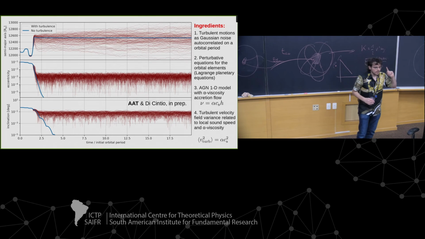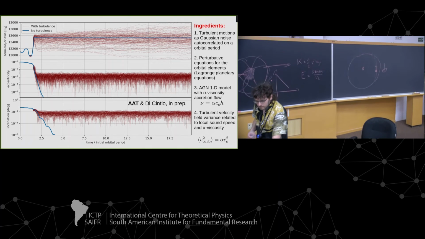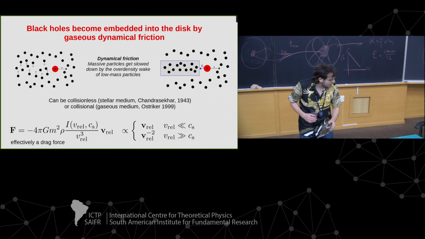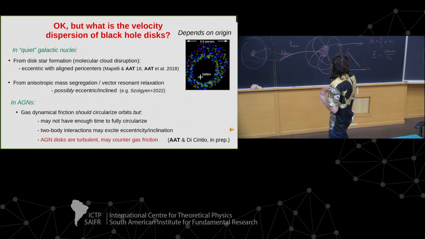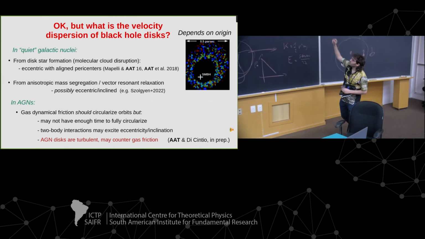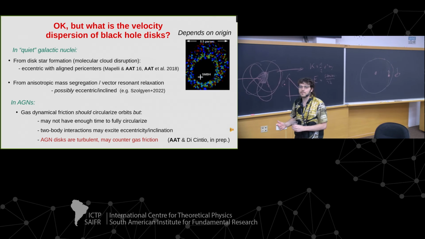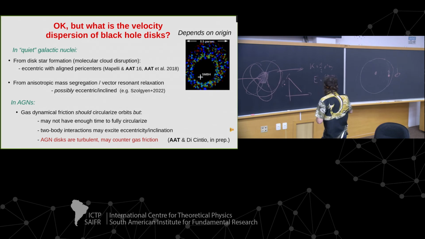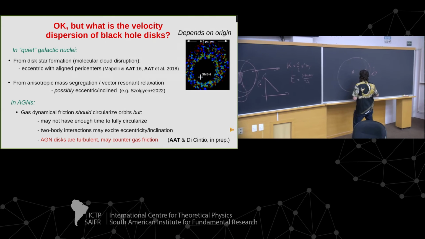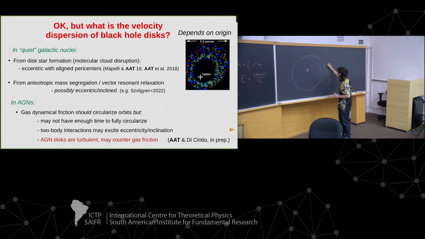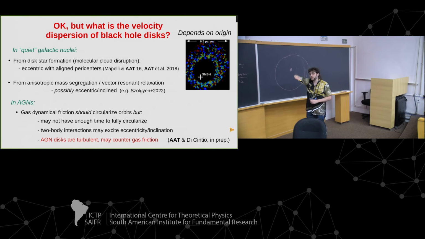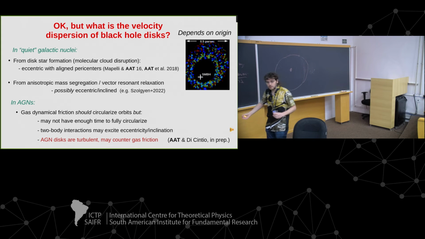There is something missing here. There is the cartoon, but somehow it got squeezed. The main idea that points to the black holes being in the plane of the disk and circular is dynamical friction, the effect of gas. If the gas has a plain circular velocity but the black holes have a relative velocity with respect to it, eventually they should sink into the disk. The gas forms a wake behind them and slows them down until they have the same velocity as the gas: perfectly circular, not inclined, not eccentric.